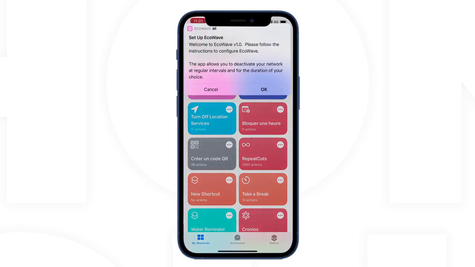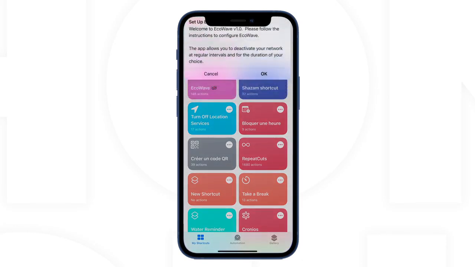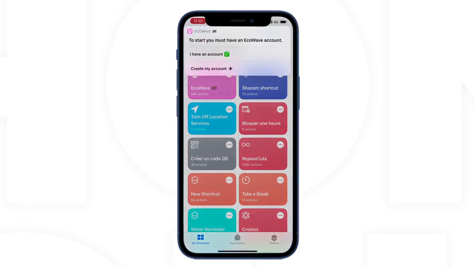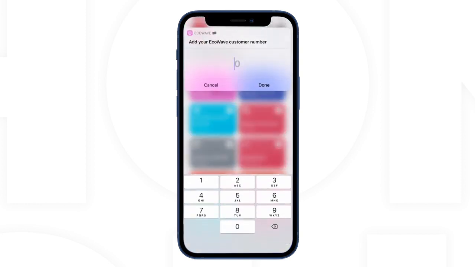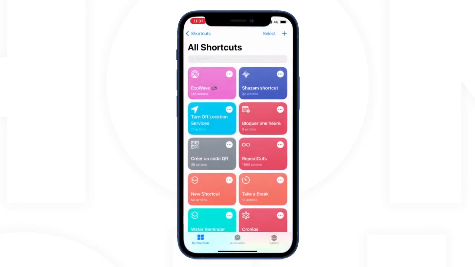We remind you that you must have subscribed to a paid plan on our website, www.ecowave.me/ios, to run this shortcut. This subscription will allow you to obtain a personal code which must be added when you will open the shortcut for the first time. EcoWave allows you to enable and disable your network at regular intervals, and we will now